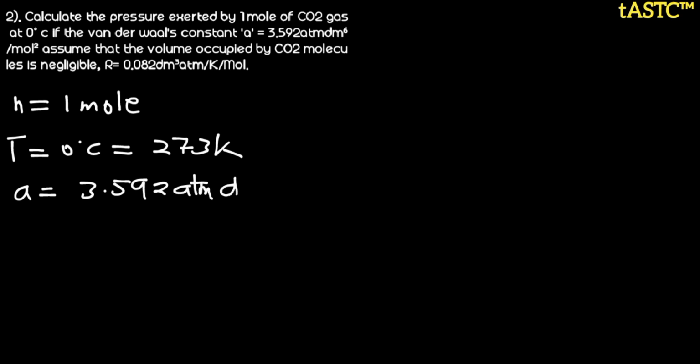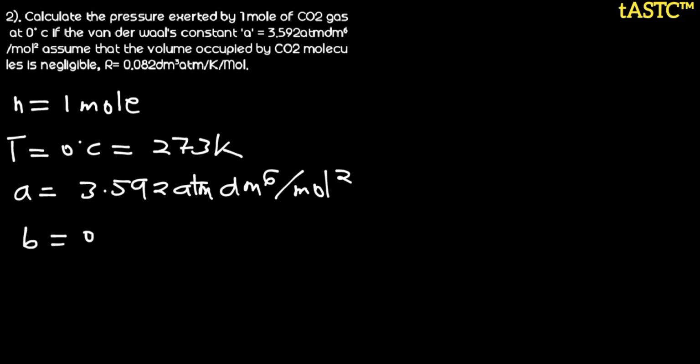That is atm dm^6 per mole squared. Now we need to assume that the volume occupied by CO2 molecules is negligible. Now what does that mean? If we have such a statement, what are we going to do with it? If you were told that the volume occupied by the CO2 molecules is negligible, that means B is equal